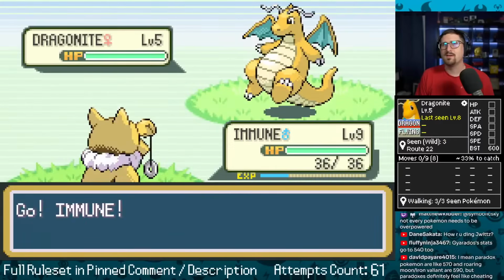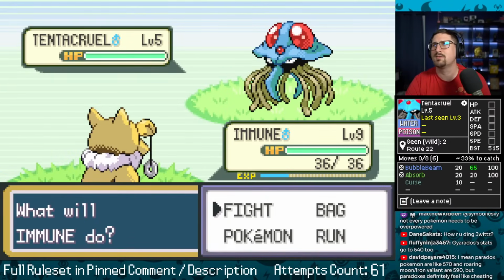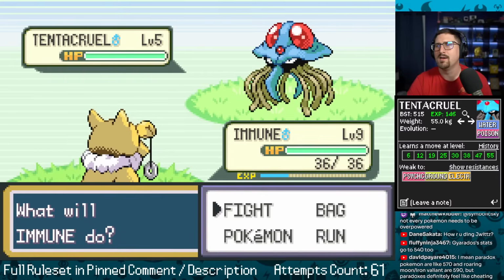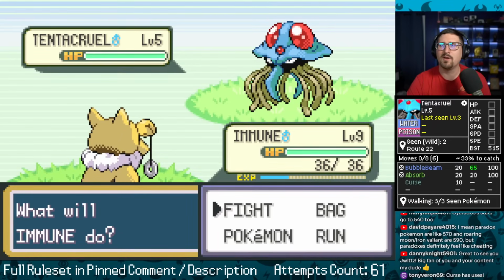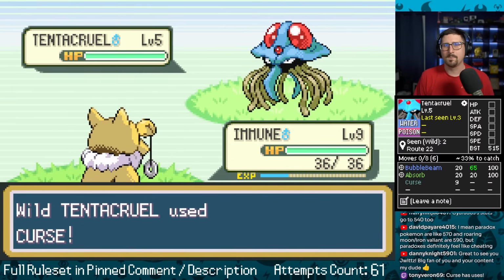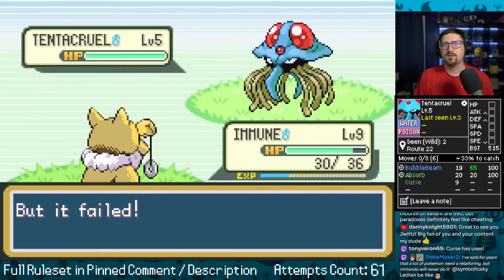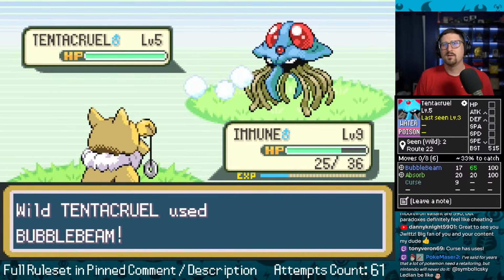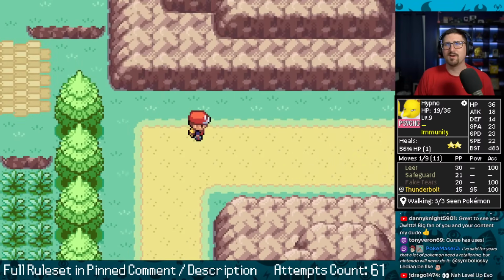Also, I think... Oh, wait. Is Tentacruel... Wait. Is this a Stone of Evo? No, it's not. Okay. At level 6, it learns a new move, though. So I would want to make sure that it doesn't lose Bubble Beam, at the very least. Curse. Don't really care. Bubble Beam. Just trying to scout another move. Okay. A lot of Bubble Beams. That felt like it had Smart AI.